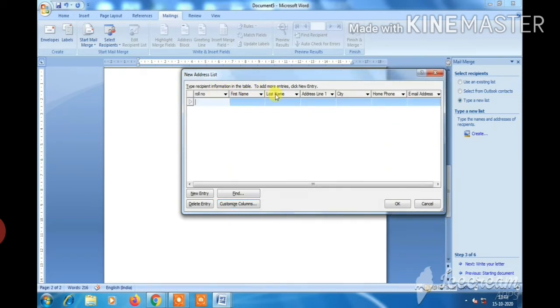Now I'll give the roll number, the first name of the recipient and the last name, and their address, city, home phone number and email address.